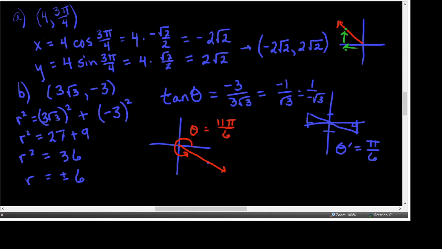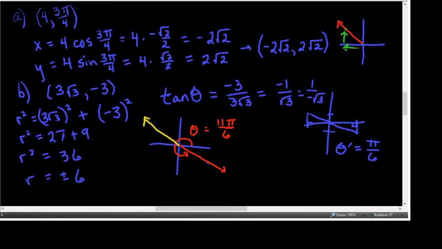Because of the directions. Oh, but wait, r is negative. Oh, well, I guess I should have read that first, huh? Well, if I want r to be negative in the points in the fourth quadrant, that means I'm going to have to go backwards